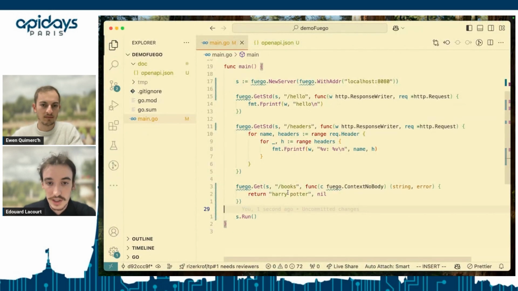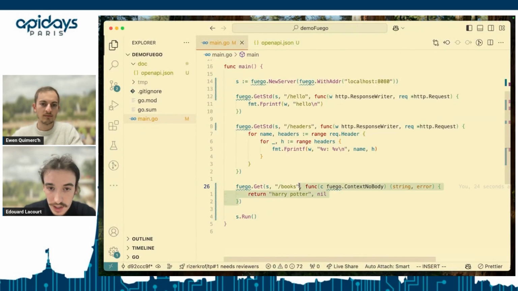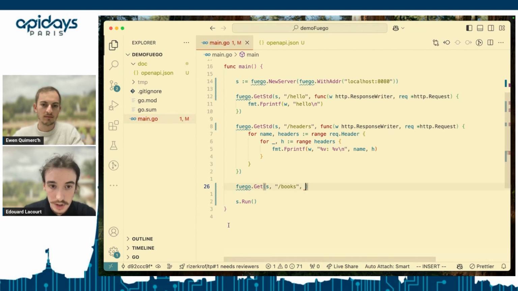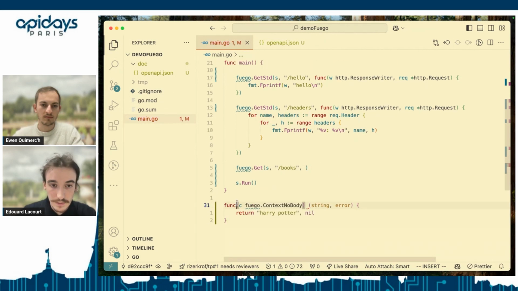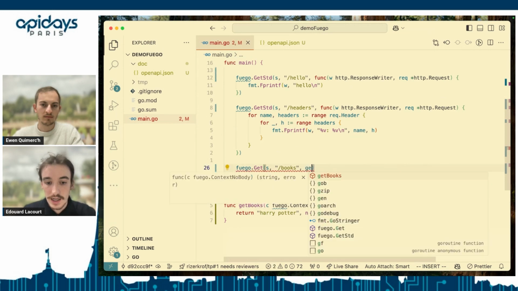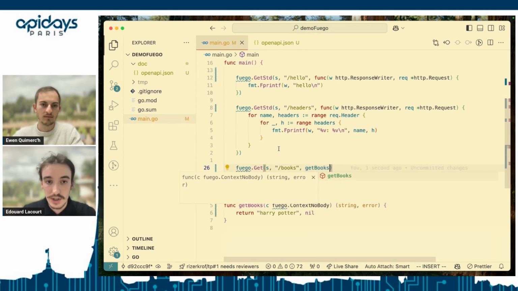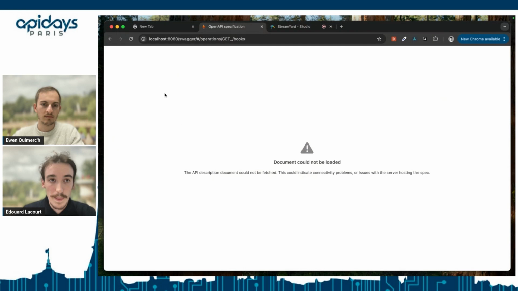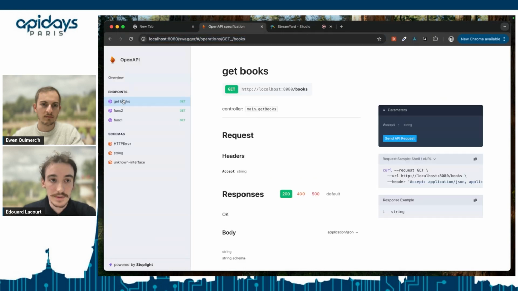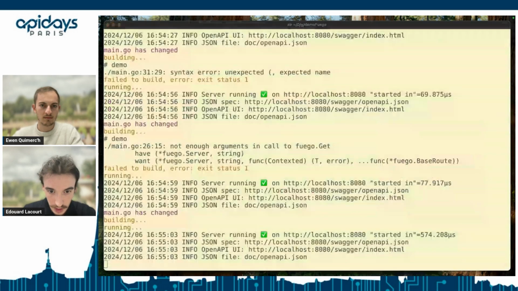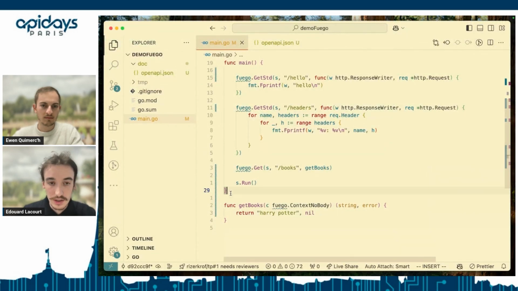So to correct this, we just have to move this function declaration out of the scope. Let's do this quickly. Get books. Pass it in the endpoint declaration. All right. And we have get books, much more readable. All right, so now let's